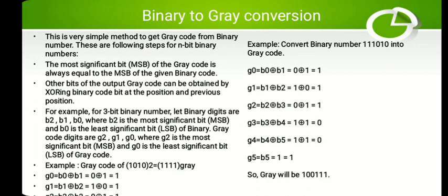First I'll have 0, 0, means 0 XOR 0 is equal to 0. Next combination, 0 XOR 1 is 1. Then the third combination, 1 XOR 0 is also 1. The last combination left is 1 XOR 1, and 1 XOR 1 is 0.